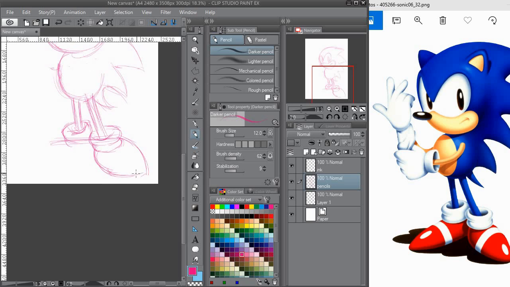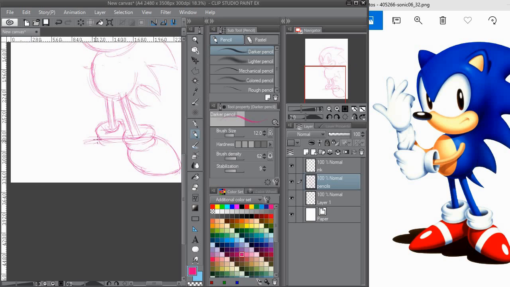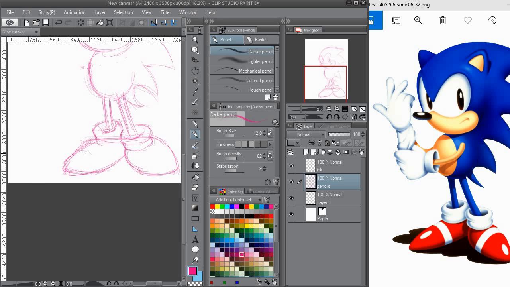Usually when I do it, I combine both mediums. So usually I'm quicker on paper. So I usually pencil on paper, and then I would just take a picture and then trace it with ink on computer. But this time I just decided to do it on computer, just to